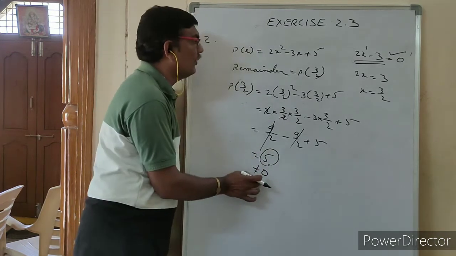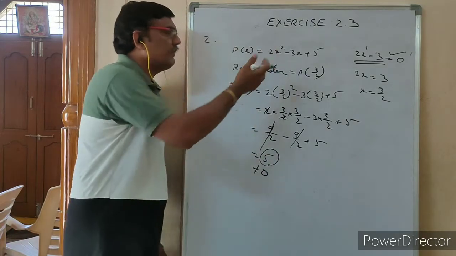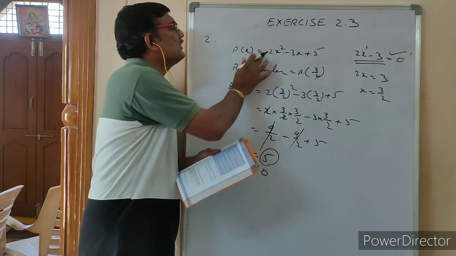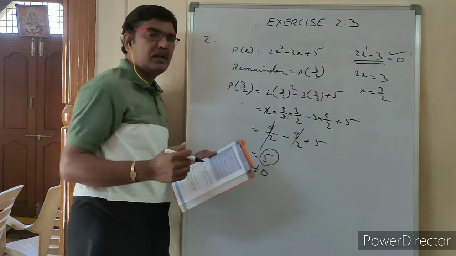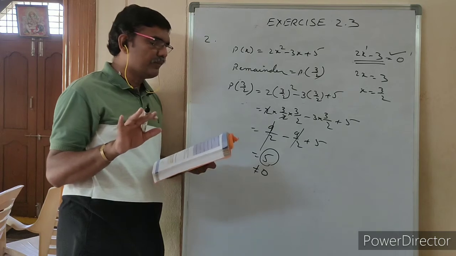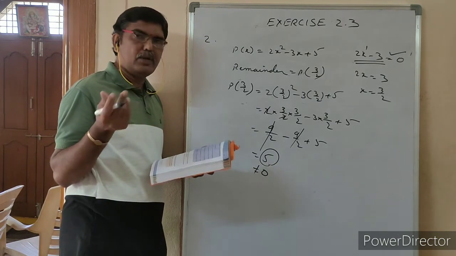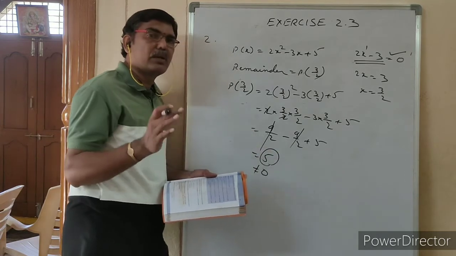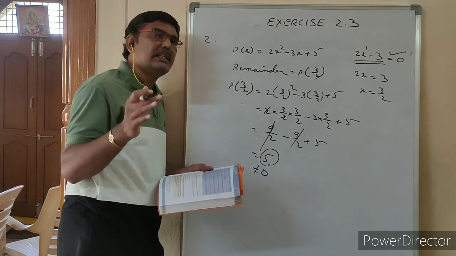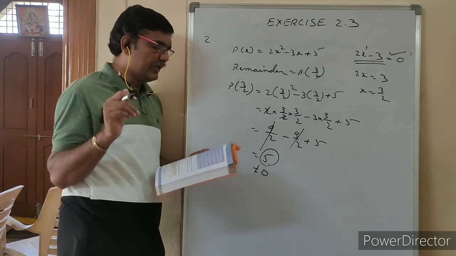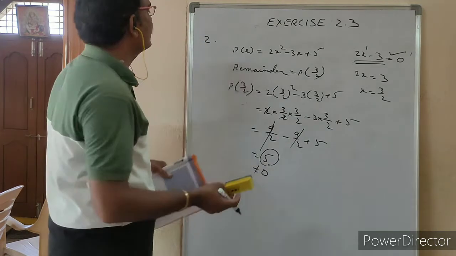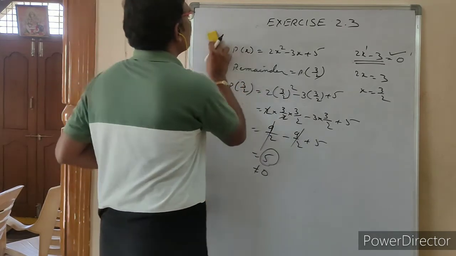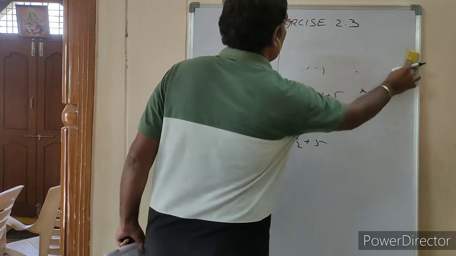If you got 0, then it is a factor. Okay. So what you have to write is: if you divide this polynomial by that one, it is not exactly divisible. Does it exactly divide the polynomial? No. You can say yes when you get 0 as the remainder; then it is exactly divisible. Okay. The third question is completed. Next, the fourth question, how to do it, we'll see that.